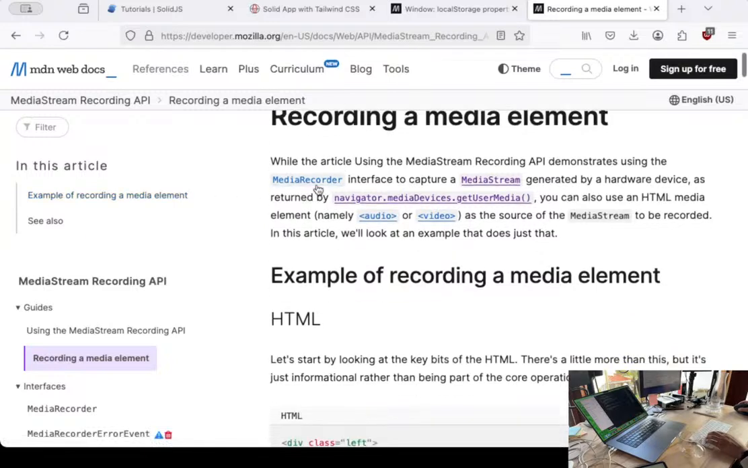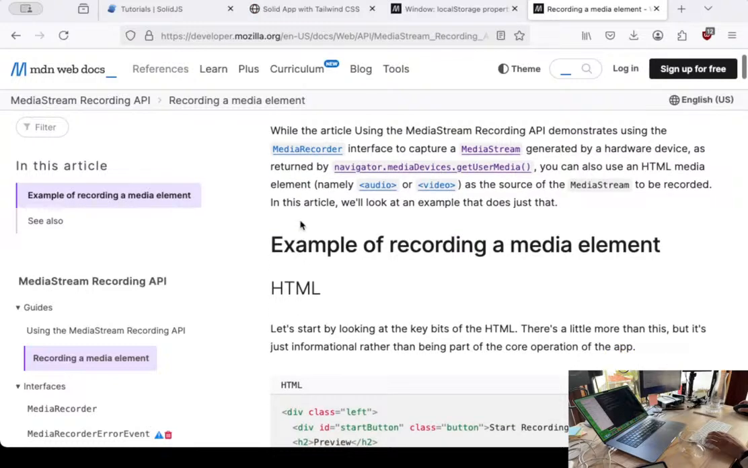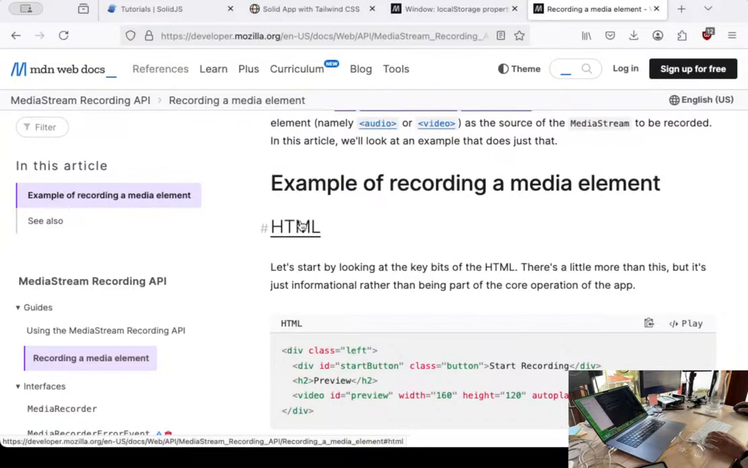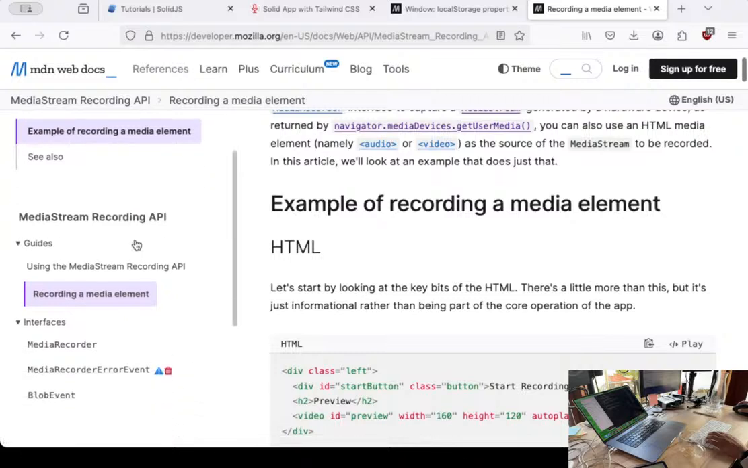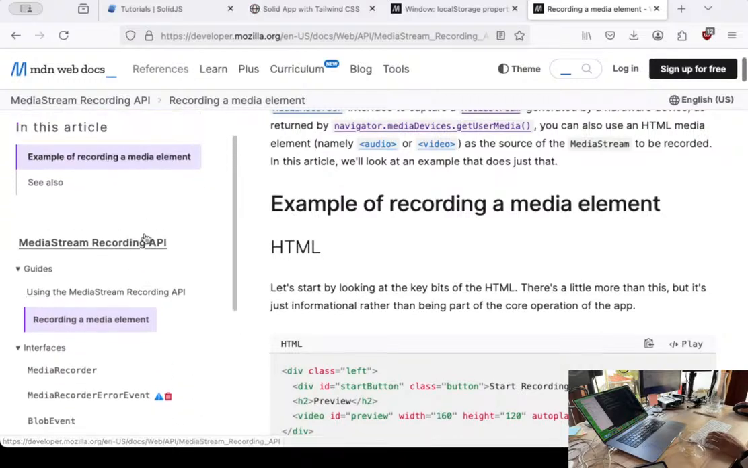So, recording a media element. The article using the media stream recording API demonstrated using the media recorder interface to capture a media stream generated by a hardware device, as returned by getUserMedia. You can also use an HTML media element, namely audio or video, as the source of the media stream to be recorded. So apparently it's always just getting a media stream, and we can get it from getUserMedia, but